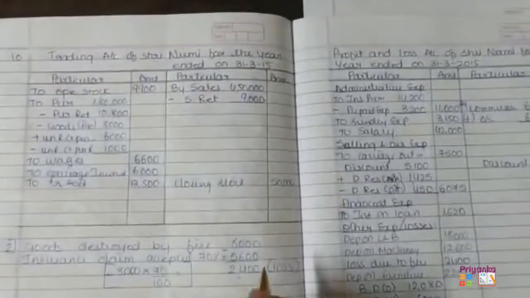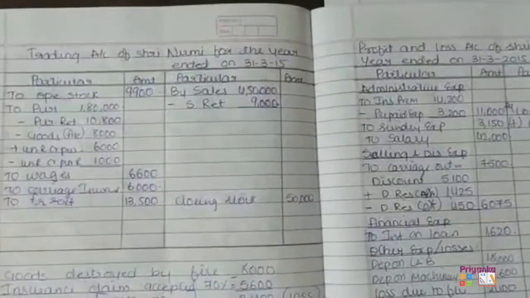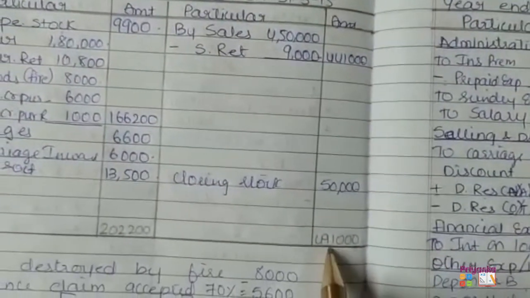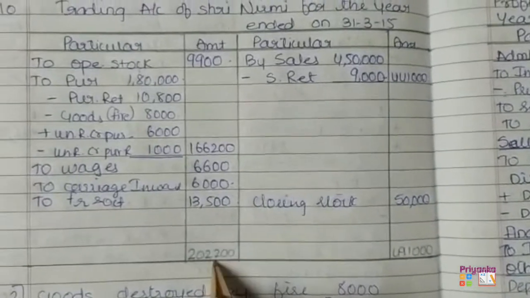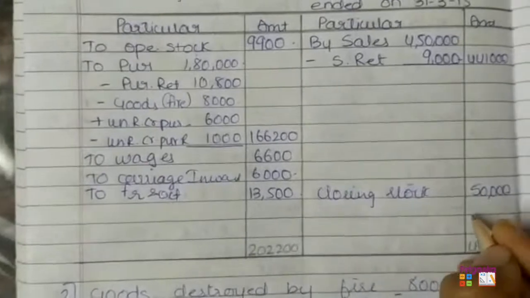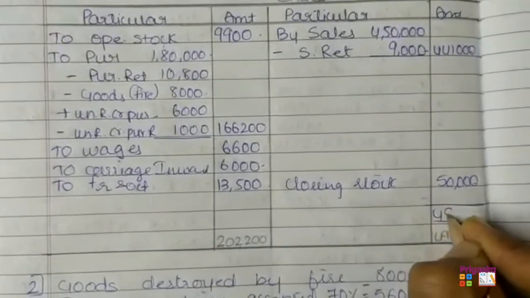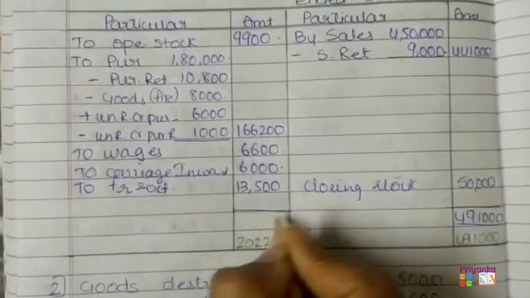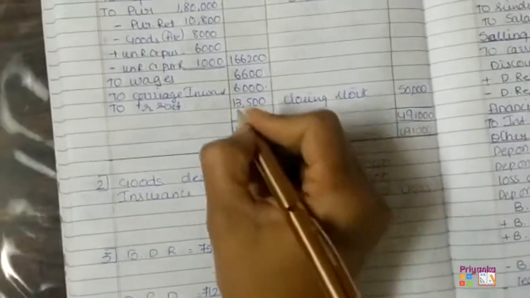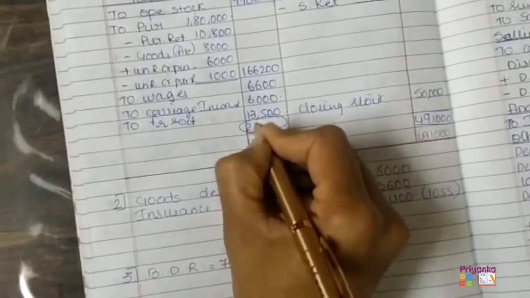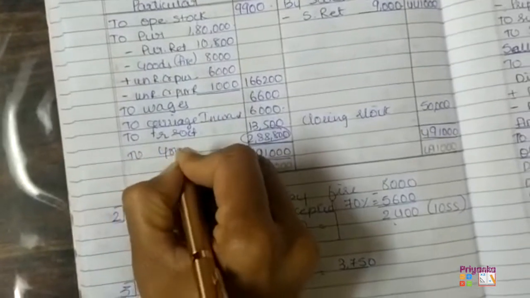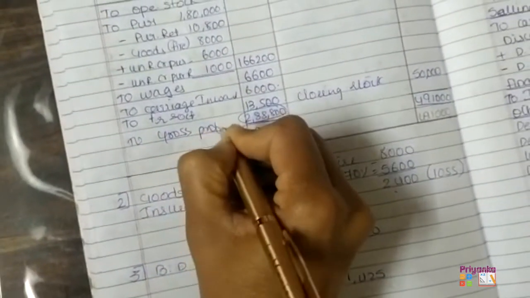Now here we'll make a total and we'll remove the calculation out. Here I removed the calculation of purchase and the sales and found the total on the credit side 4,91,000 and on the debit side 2,02,200. So obviously this value is more. So here I am going to write down in the total column 4,91,000 on both the sides. And if you get minus with 2,02,000, you will get the difference over here of 2,88,800,